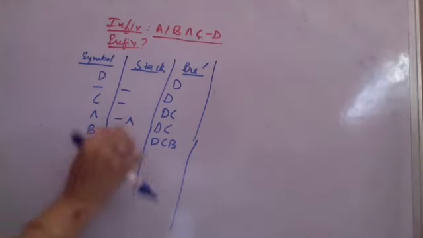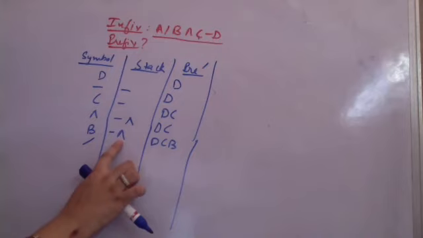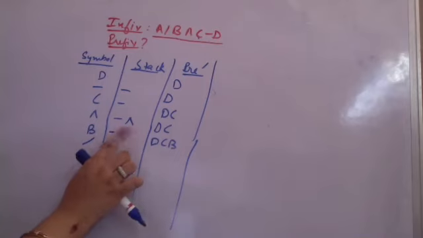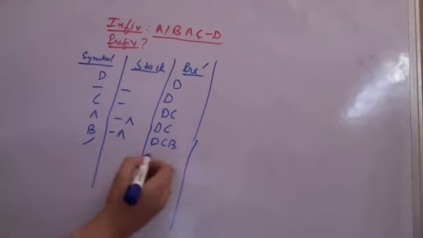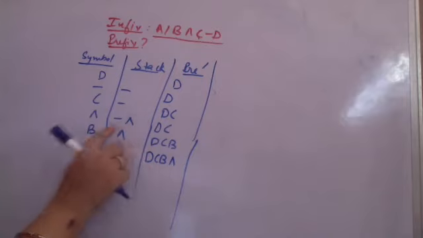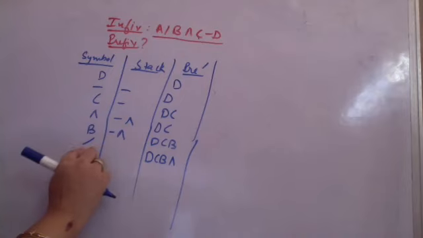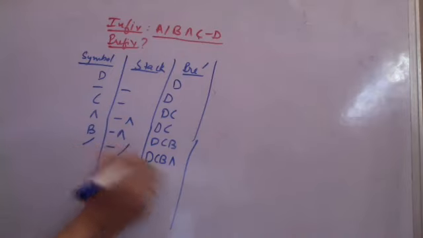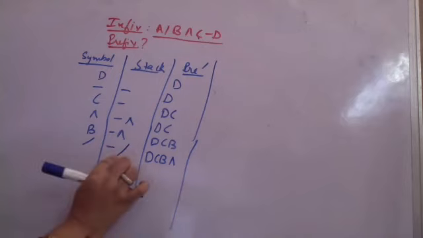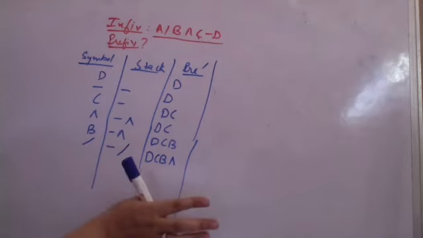Now you are having a divide. Divide has less precedence than power. When you want to push the operator onto the stack and the top of the stack has higher precedence, you need to pop it out and add it to the output expression. So you pop out the power operator. Power is popped out. Now you have the minus sign. Minus sign has lower precedence than that of divide, so you can insert. So you push the division operator here.